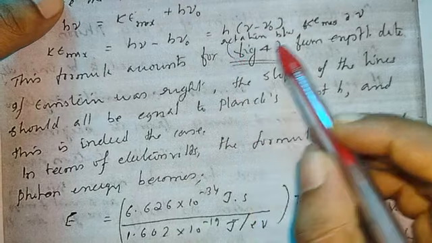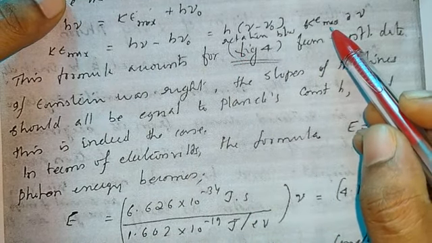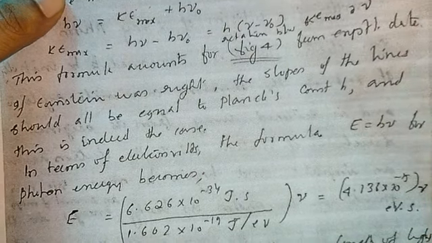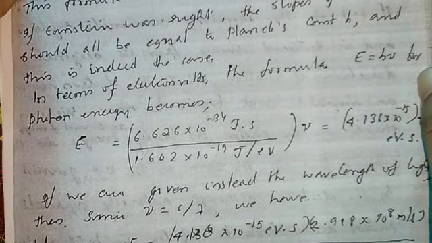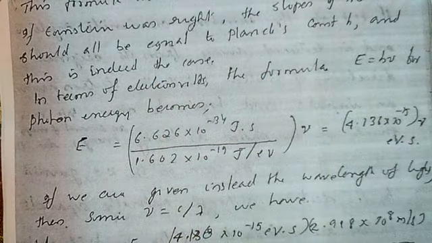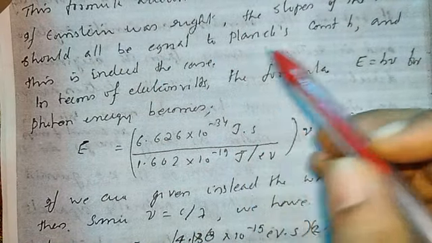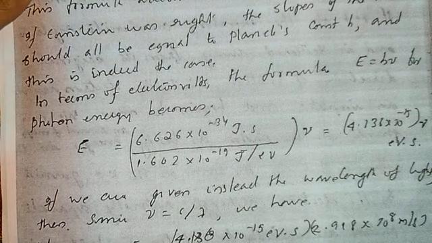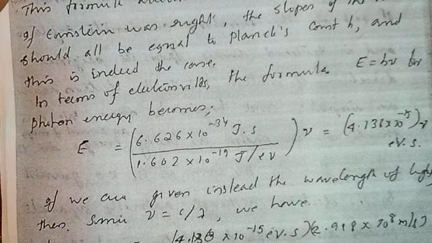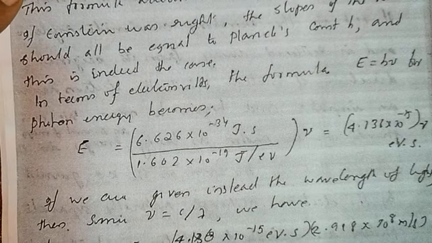This formula accounts for the relation between kinetic energy maximum and nu from experimental data. If Einstein was right, the slopes of the lines, as shown here,